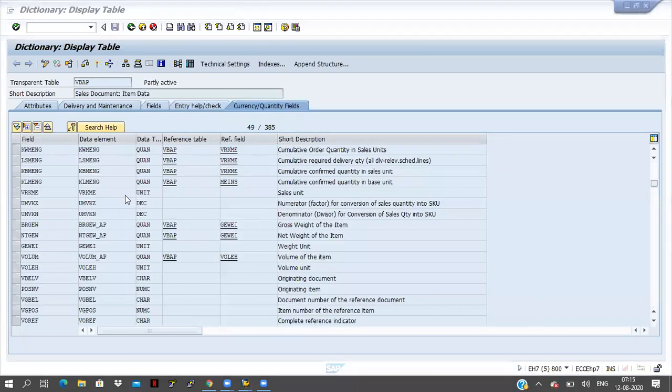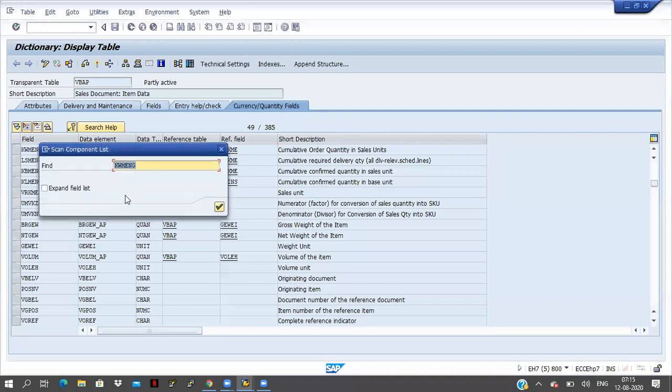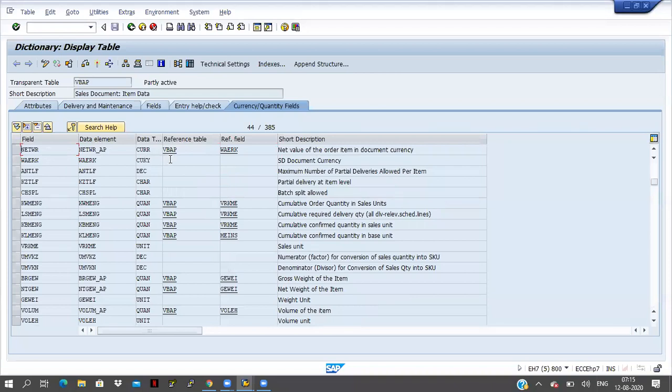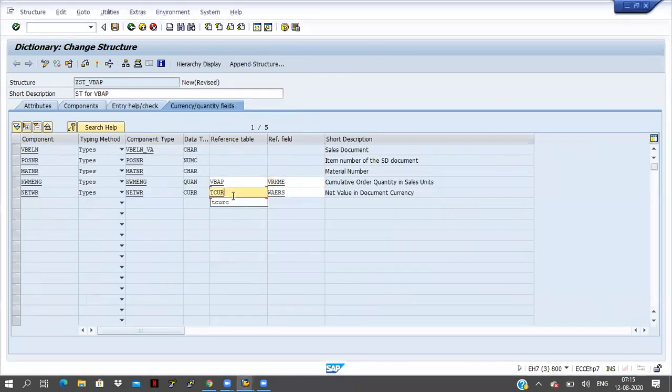And for NETWR also, just check NETWR. The reference table name is VBAP and the field name is WAERK. So in place of TCURC, I can take VBAP also. You can take any table, but we have to give a reference table and reference field here. You already know this concept.